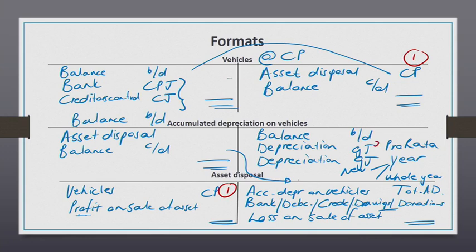The second step only applies when we sell during the year. The pro rata depreciation for the number of months that we had that asset. The third step, we have to take out the total accumulated depreciation that we wrote off. In other words, the pro rata plus what was included in the opening balance of that asset that we sold. The fourth step, we record the selling price, and the last step, we calculate the profit or loss on the